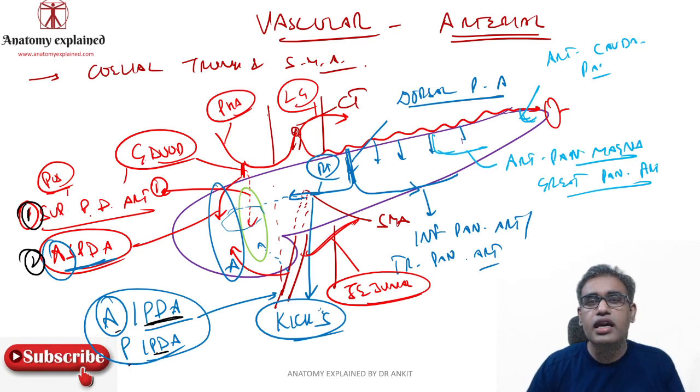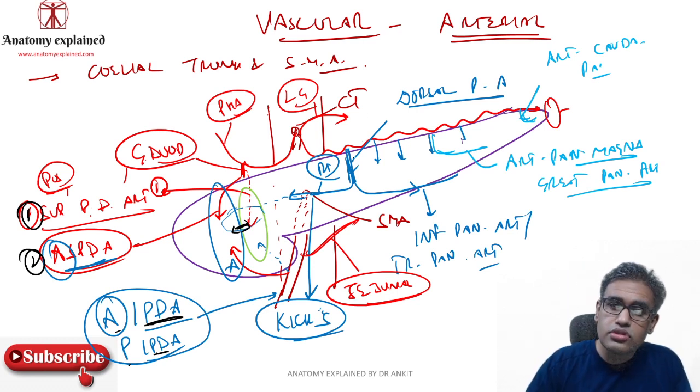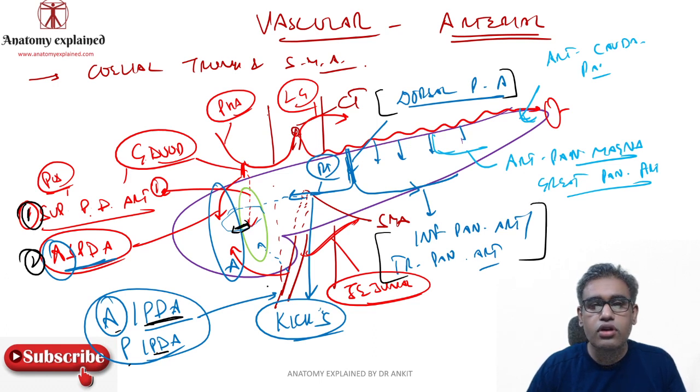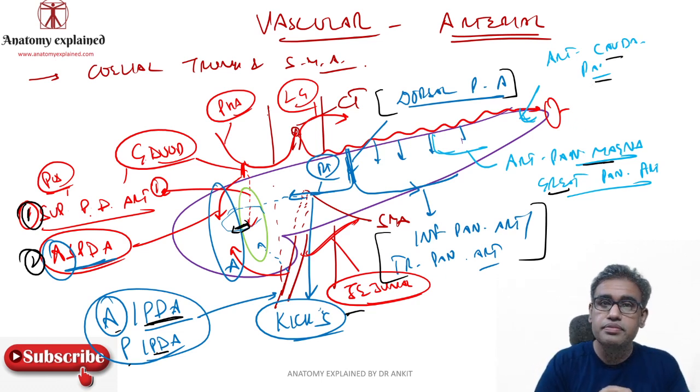The anterior ones will form their arcade, the posterior ones will form their arcade. And even between these anterior and posterior, there is the middle arcade, so they are also anastomosing with each other. Then comes the splenic artery. The major branch is the dorsal pancreatic artery, close to the posterior surface. It will give off the right and left branch. The left branch becomes the inferior, and the right branch forms an arcade known as Kirk's arcade. And then you have the great and the arteria cauda pancreatis. These are the various arteries supplying the pancreas.